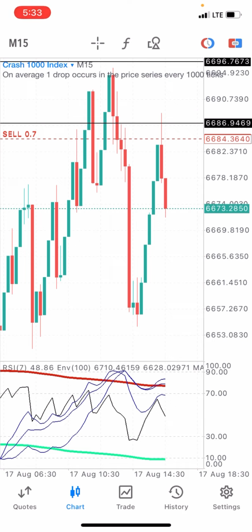Before I go ahead to show you guys the indicator settings that we use to further confirm these market conditions, this market direction, or what the market tells us to do,